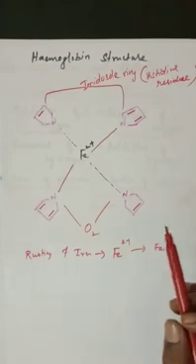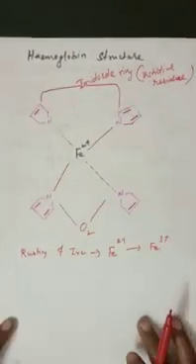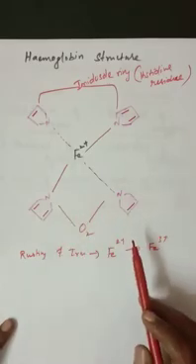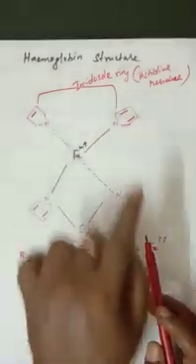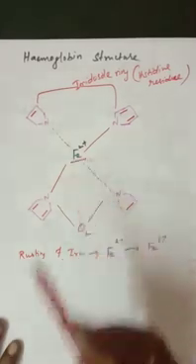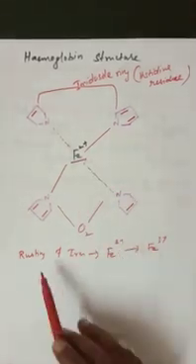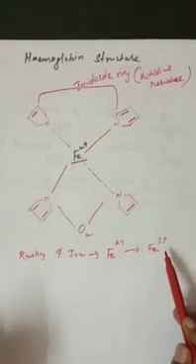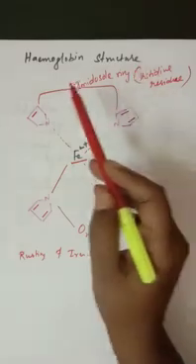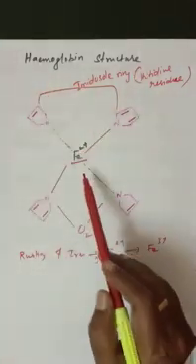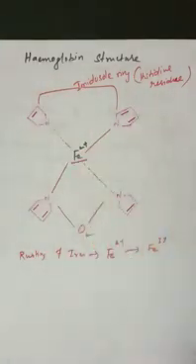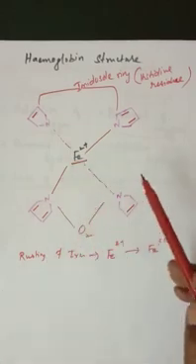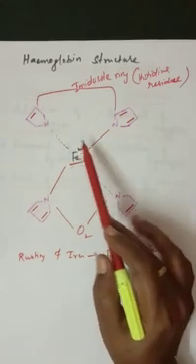So I will explain now. Oxidation takes place here also, because this is a coordinated complex. In this complex, the structure of hemoglobin is the reason. Here also Fe2+ is present. In the rusting of iron, Fe2+ becomes Fe3+, oxidation takes place. But in the transport of oxygen in hemoglobin, Fe2+ cannot be converted into Fe3+. What is the reason for that? The reason is that Fe2+ is present as a central metal ion.